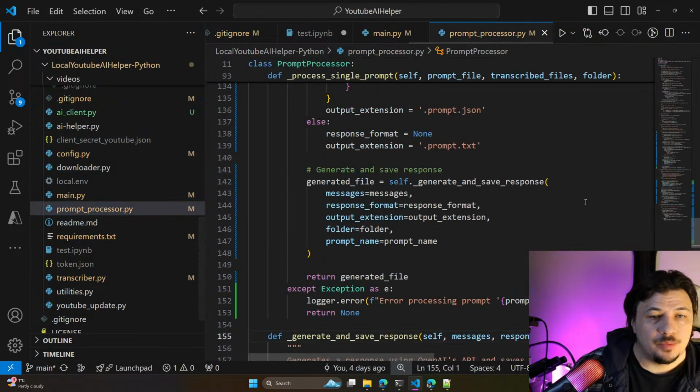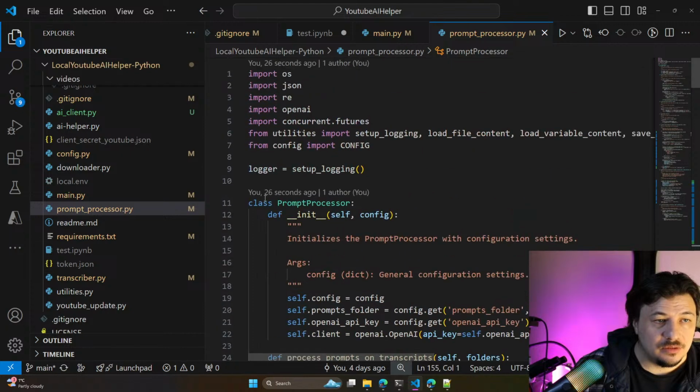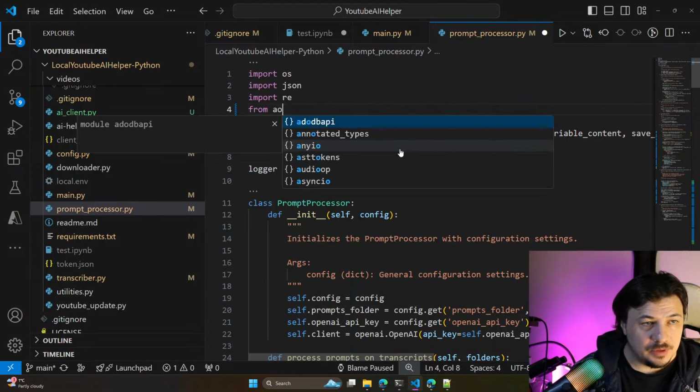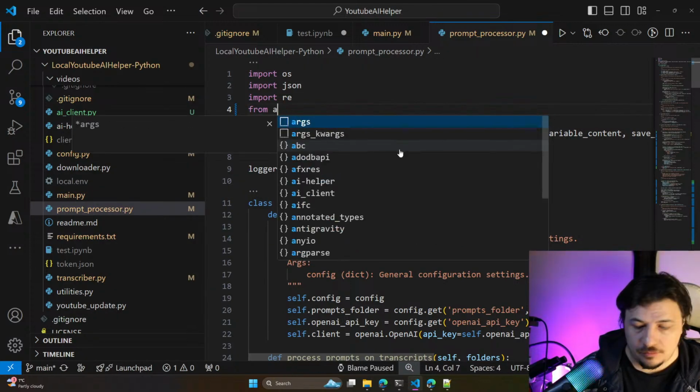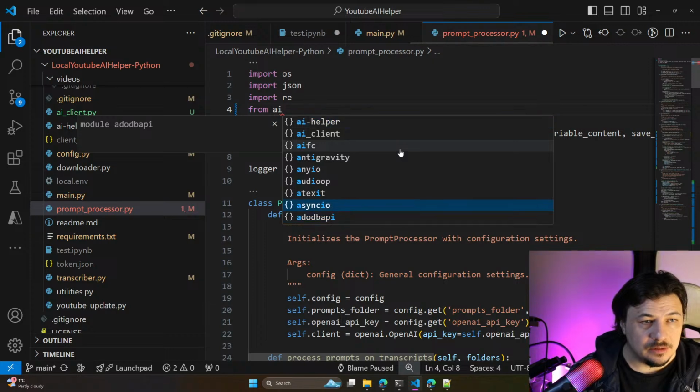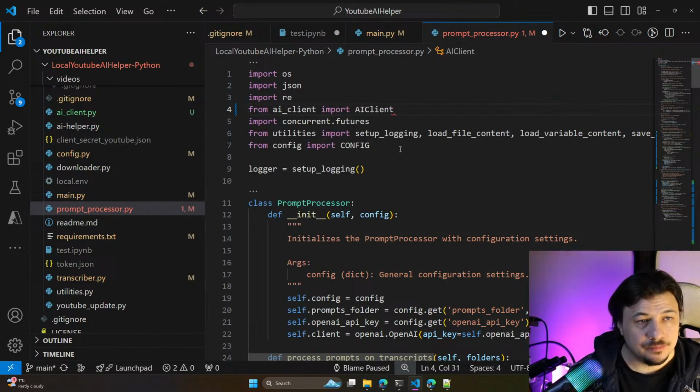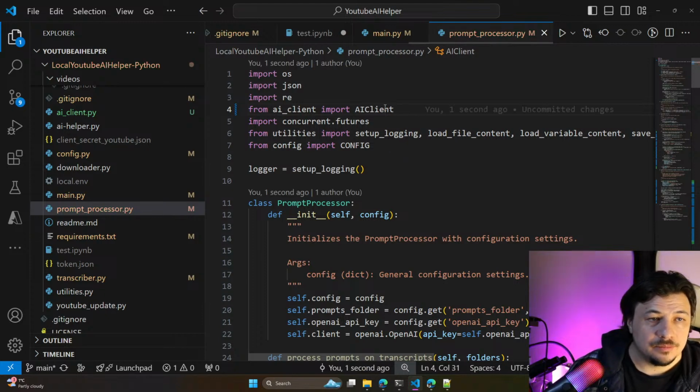So in prompt processor, now we just go and say not import OpenAI, but from AI client import AI client.